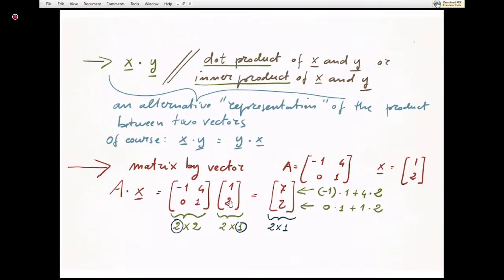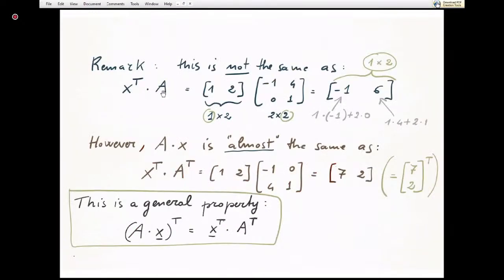Because if we multiply, instead of multiplying A times X, we multiply, let's say, X times A, which is a row X transpose times A. This is the same X as before, transpose times A. Now what is the dimension of the result? Okay, I can perform the product between, this is 1 by 2, this is 2 by 2, so number of columns of the first factor is equal to 2, number of rows of the second. The dimension of the result will be 1 by 2,